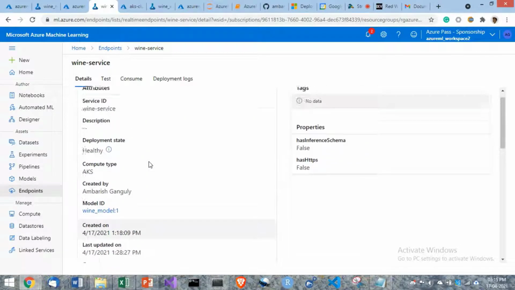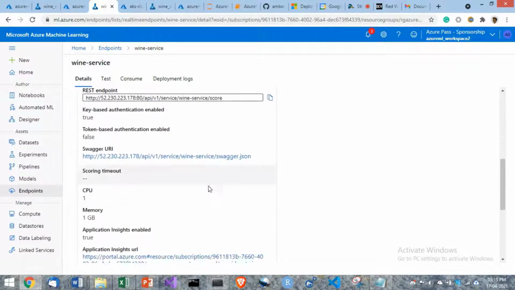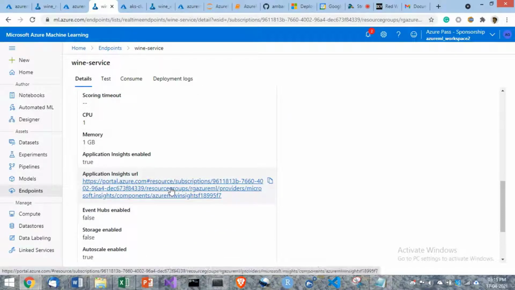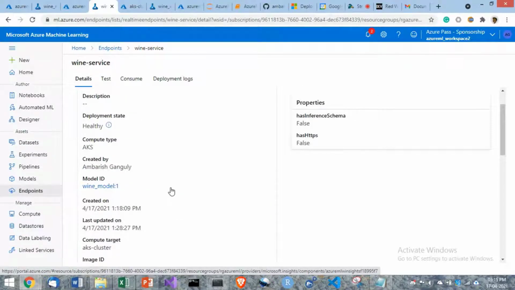So here you see the different types of the model which is being deployed. It is deployed in the cluster. It has also got application insights. Okay, so all of it is being done. Now, what has happened till now is that we have built a model using the compute cluster. We have used an inference cluster, which is an Azure Kubernetes service, and which we have deployed with an endpoint out here. This endpoint is actually here.